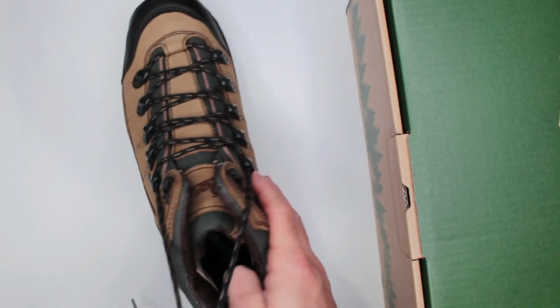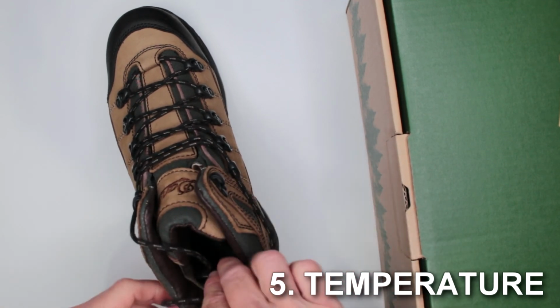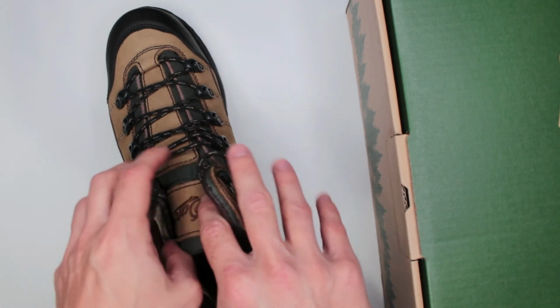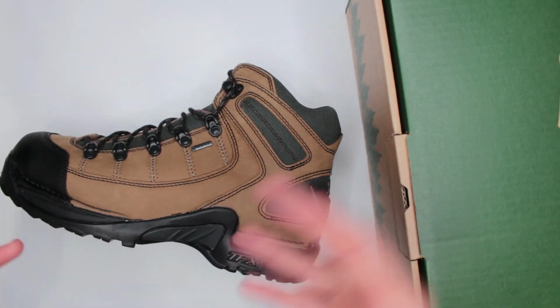Let's talk a little bit about the temperature. Criterion number 5, temperature. Now, I've been testing them in Florida, and today was pretty hot. Today was 95 degrees outside. They did not overheat thanks to this GORE-TEX membrane fabric that is used in these boots. It allows for that